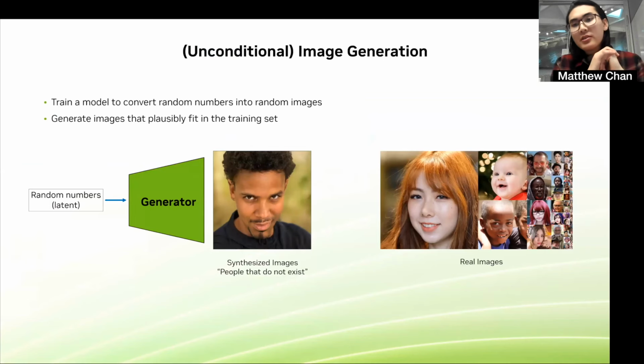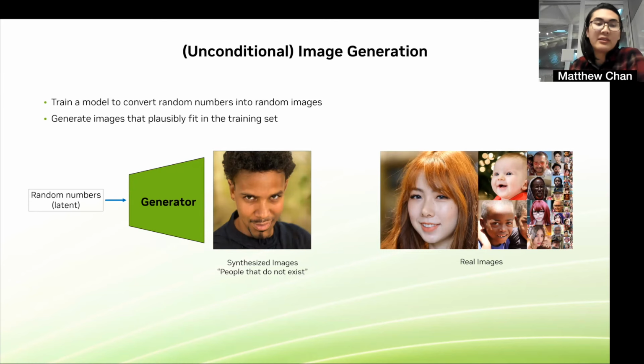So I'm going to do a little bit of a deep dive into what's actually going on under the hood here and how these things work, so that we can get a better idea as to what we're doing in the end and why we care. So what is the goal of a GAN here? It's actually a really simple goal. We want to train a model that converts from random numbers into random people. In this case, we're converting into images of random people that don't exist. These images should ideally look real, but also ideally not necessarily be real.